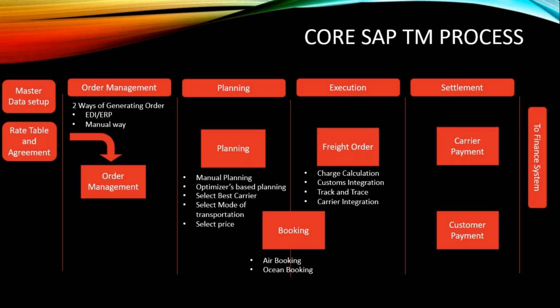So you will be raising two kinds of settlements. Your customer payment, which is generally called forwarding settlement, and your carrier payment, which will generally be called your freight settlement. These two are the kinds of documents that you will be raising based on the business process. It is not a mandatory structure that you will follow the entire thing like this only. Based upon the business process, timelines and guidelines, you will be proceeding ahead accordingly. But in general, considering our example as of today,